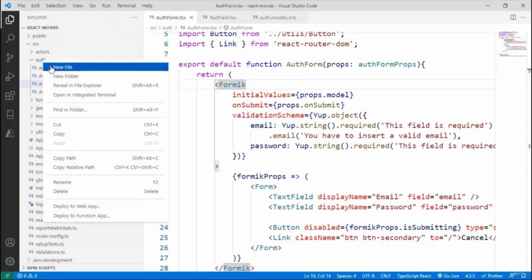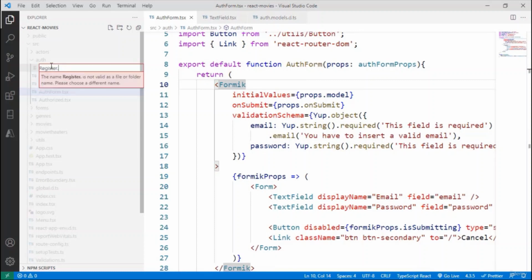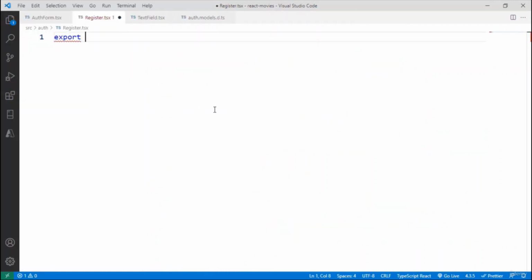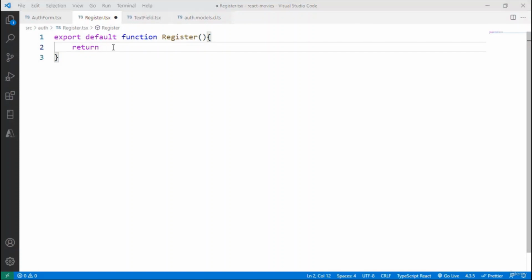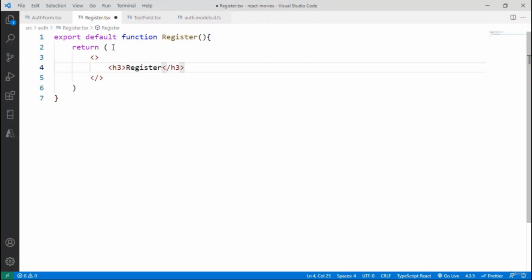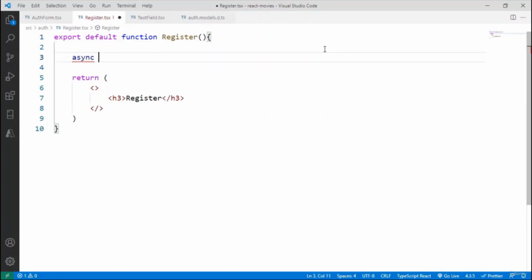So right click here, new file, Register.tsx, enter. Now let me say here export default function Register, and here I will say return, and I will return a parenthesis, a fragment here, and in here I will have an h3 Register, and then we're going to do the following. We are going to create a function here, async function register